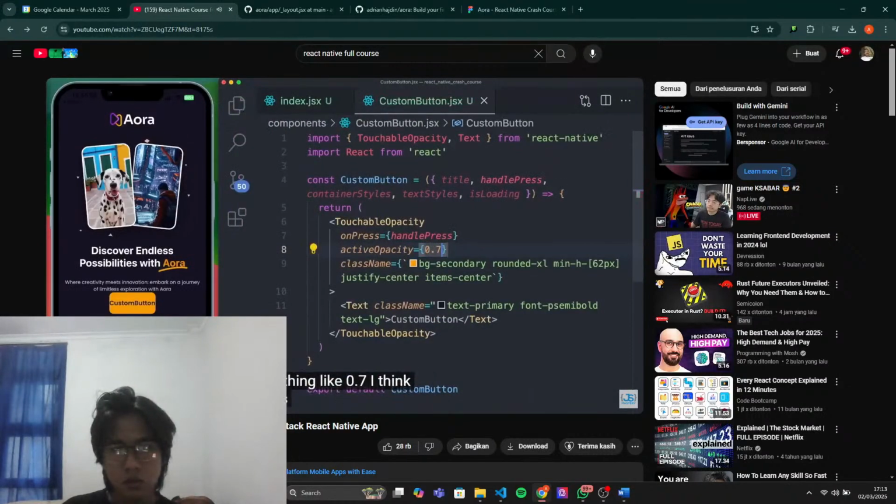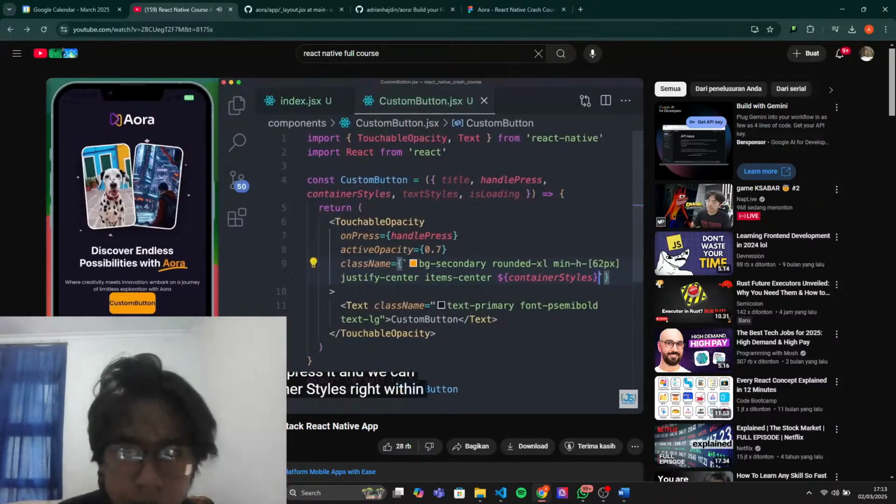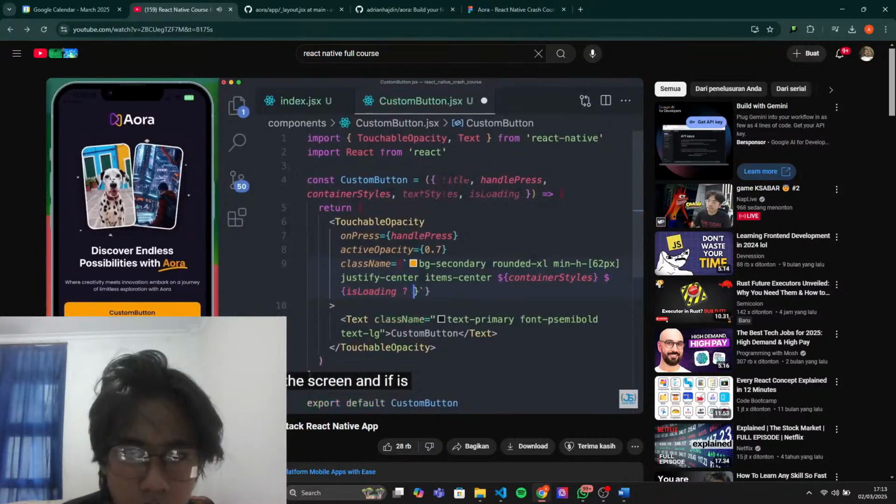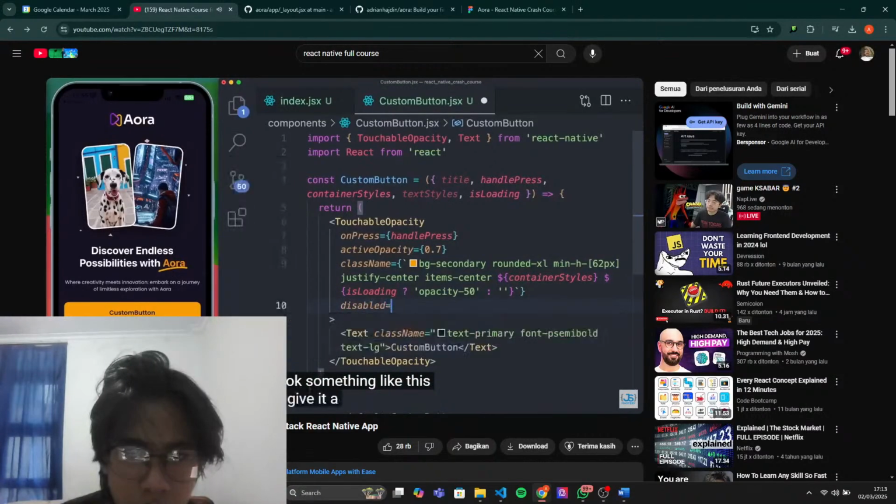I think looks best. This is the opacity of the button once you press it. And we can apply the container styles right within our other styles, which will make it fit the full width of the screen. And if is loading, we can apply the opacity of 50 to make it seem like you cannot click it. That's going to look something like this. And also, we can give it a disabled state if we're loading, which is not happening right now, so it